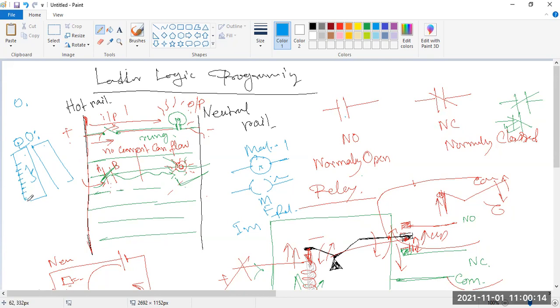Say there are outputs 0 to 7. So we count 0, 1, 2, 3. Say your third output is there. Third means 2, because 0 is the first, 1 is the second, and 2 is treated as the third, because it started with 0. So output module 0 is the first module, and the number 2 output is here. So we are tagging it here as Q0.2. In some PLCs it starts with a percentage sign, in some with X, etc. But Q is denoted for the output and I is denoted as the input.